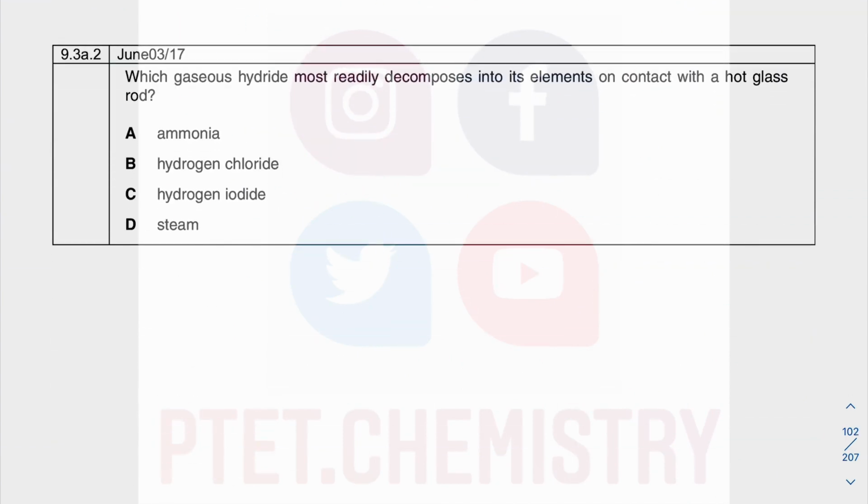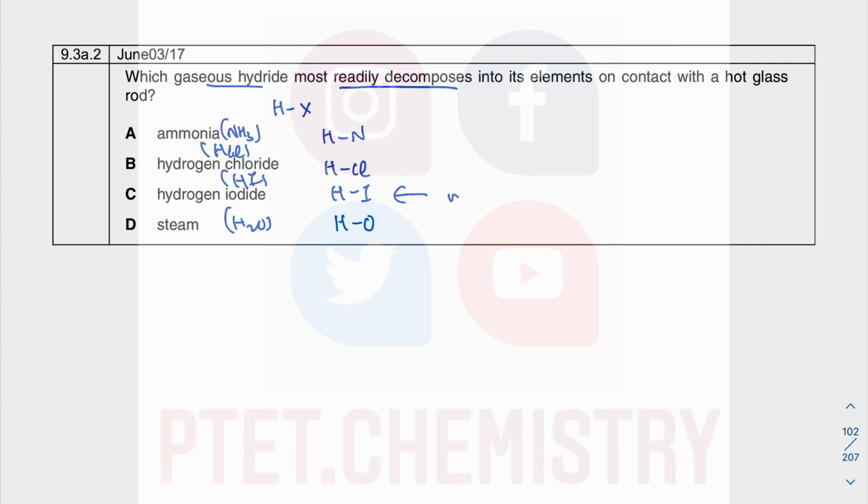So next question is asking you which one can readily decompose. So we are looking for HX, well, not necessarily HX, but H bonded to something. That's why it's called gaseous hydride. So you have HN, you have HCl. I'm just showing the bond, yeah? But obviously this is NH3, this is HCl, this is HI. In steam is H2O, so you're breaking the HO. In terms of the bond that you need to break, I can tell you that this is the weakest